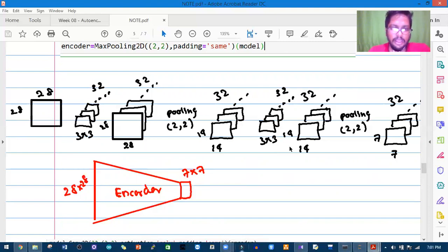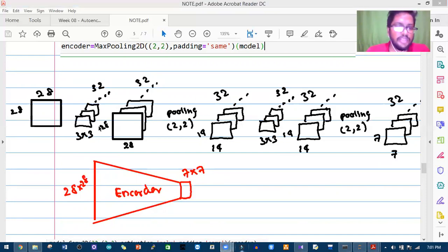Okay, so we have a question. Can we gradually reduce the convolutions without including max pooling? No, you can't. No matter the size, like 28 by 28, here we are using 3 by 3 kernels. If you go to the basics of convolutions, whether it is 5 by 5 or 7 by 7, no matter what the size of the kernel,